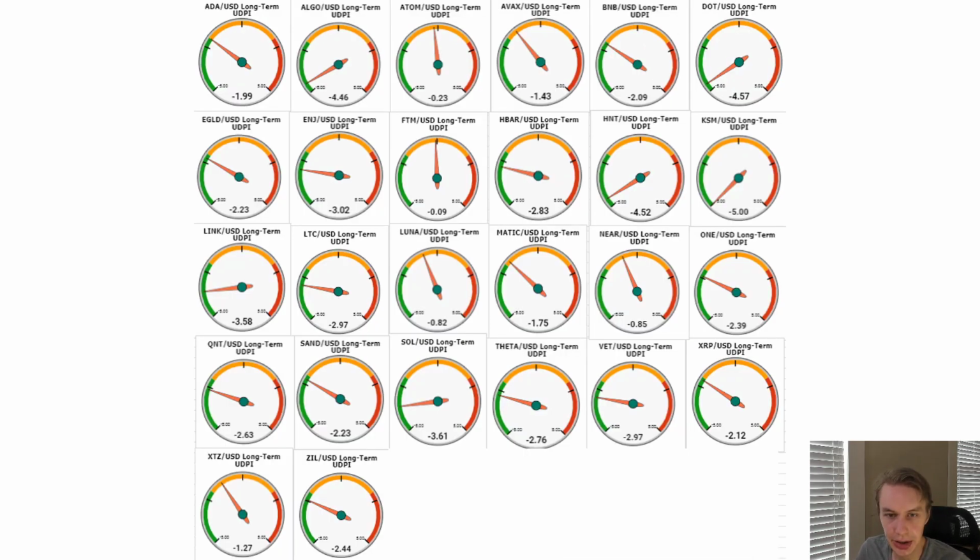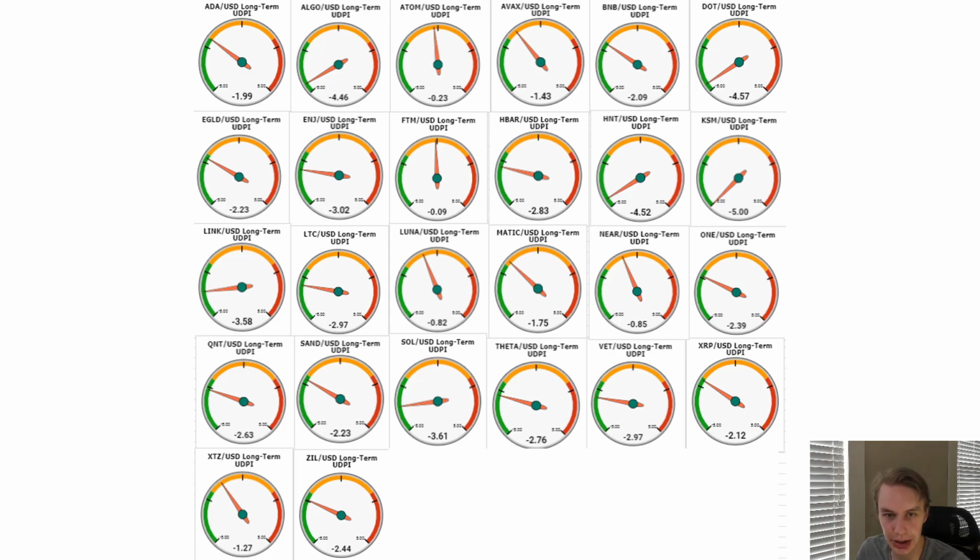And this carries over to the altcoins as well. Here I'm showing you all the different altcoins that we're monitoring currently with UDPI indicators. What you can see is that in the long term, a decent number of them are pretty far into the negatives, but some of them are hovering a little bit more towards neutral. But notably, this week, I believe every single asset is negative on the long term. This is the first time in a while that's been the case. There were some that have been holding out a little bit above zero.